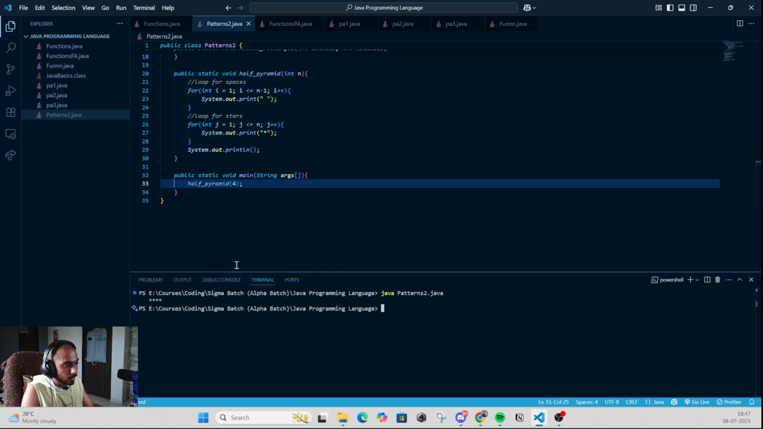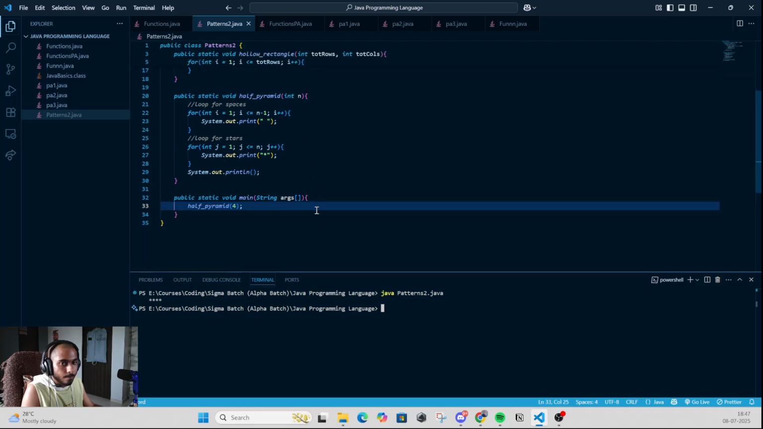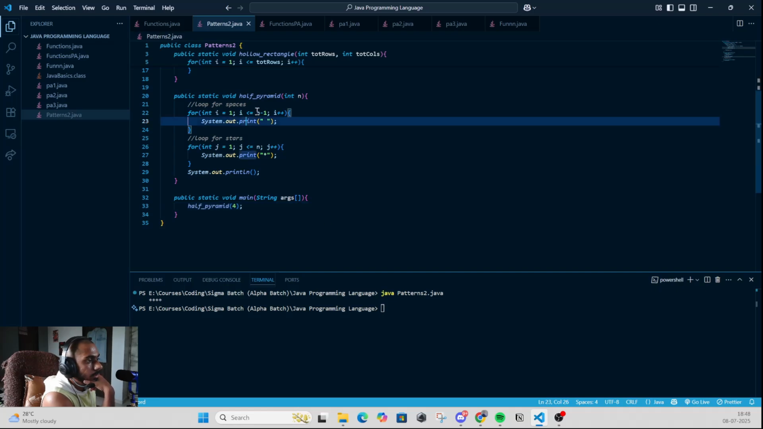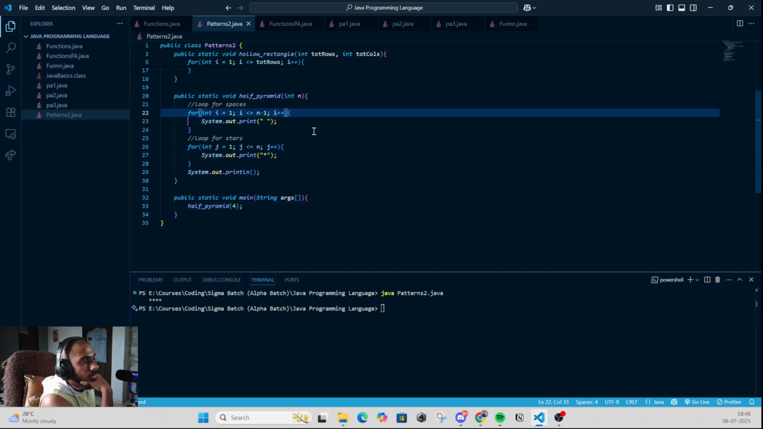Okay, so there is an issue here. What is the issue? Let's just first see what this is doing, right? So first, it enters the loop here. So for int I is equal to 1, I is less than n minus 1, n minus 1 is 3. So obviously 1 is less than 3. So it prints an empty space, and then